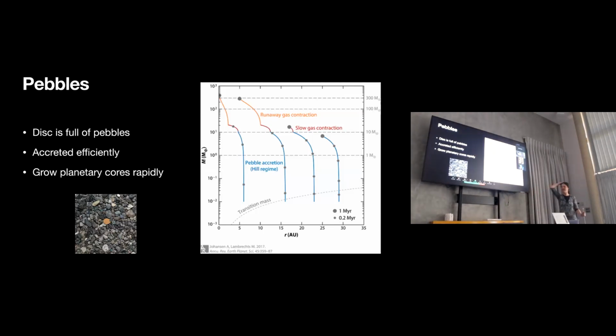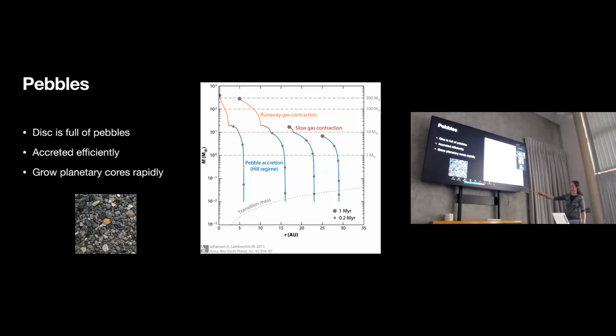Okay, so back to pebble accretion. As I said, the disk is now full of all these pebbles, just because those are the things that most efficiently grow, and they're very efficiently accreted. So once you've had some planetesimal formation, maybe in the streaming instability, those planetesimals can very efficiently accrete all of those pebbles and grow. So these are some plots from a nice paper from Johansson and Lambrechts in 2017,